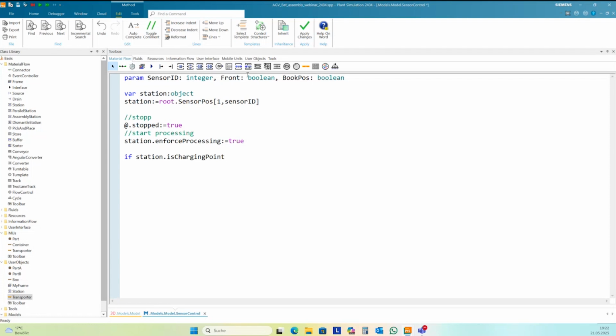This is our attribute. If the station here is a charging point, then I need to start the charging of the battery. And in Plant Simulation, you do this by setting the attribute but charging to true.